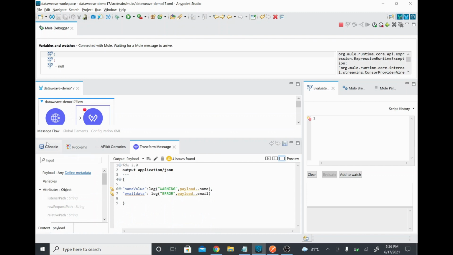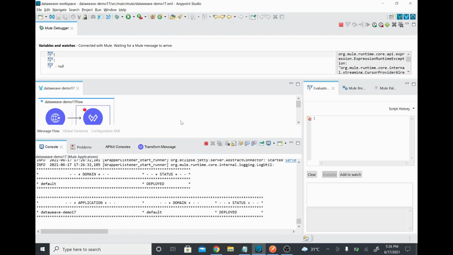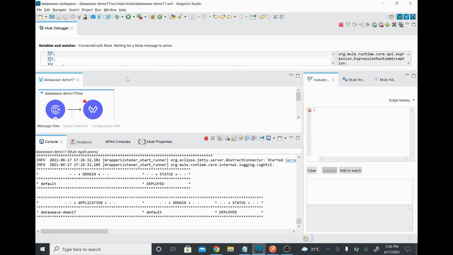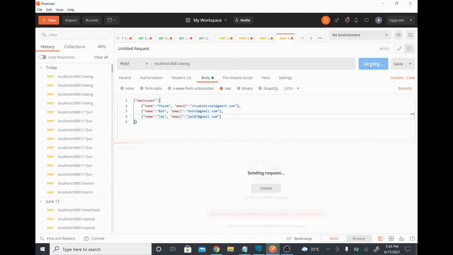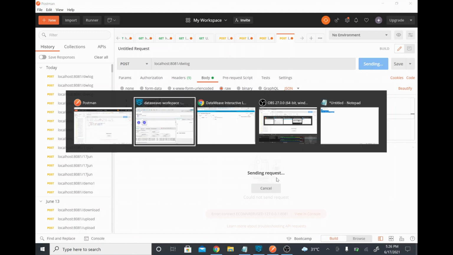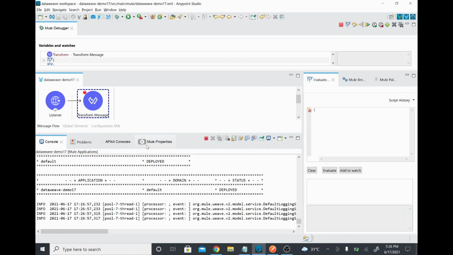And just see the console, it's showing the deployed. Yeah, it's showing the deployed, and we are in the debug perspective only. See here, the request didn't come here, even though I just sent the data, right? I'll try to run it again. Sending the request. Earlier maybe there was a network glitch. We have not received the data. So now we have received the data.